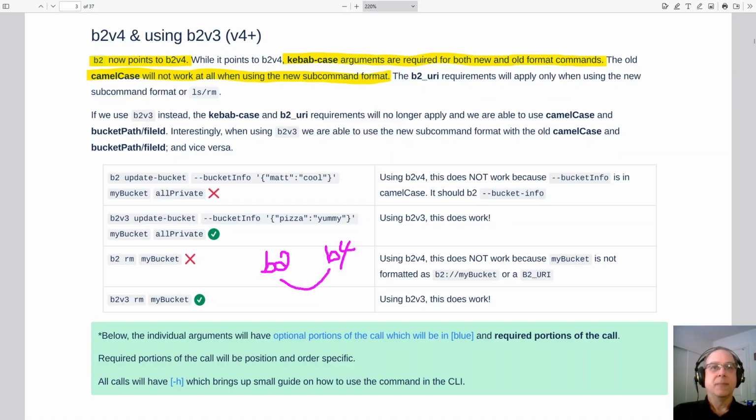If you type B3, it will run the B3 if it's in your folder. You don't have to do all this monkey business. What's next? This has to do with